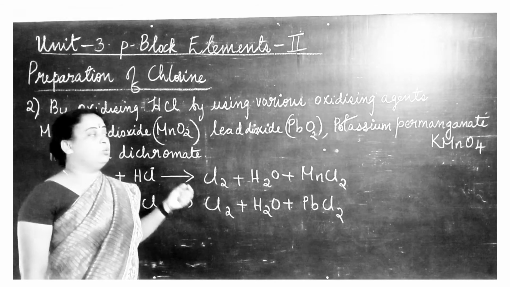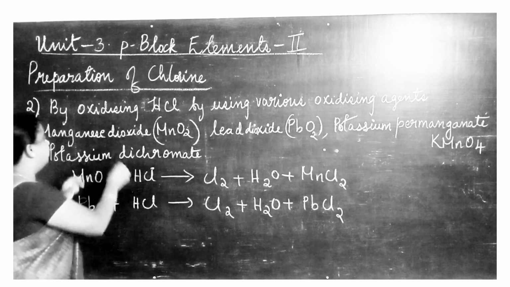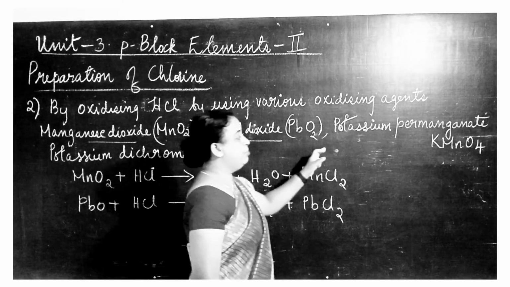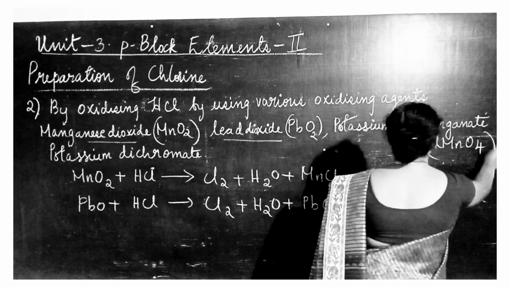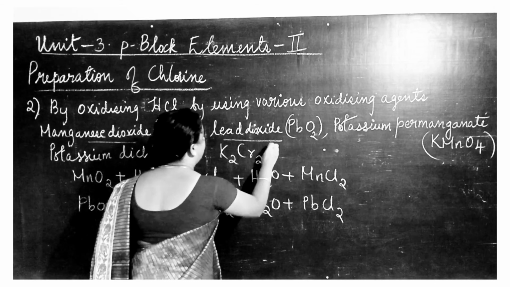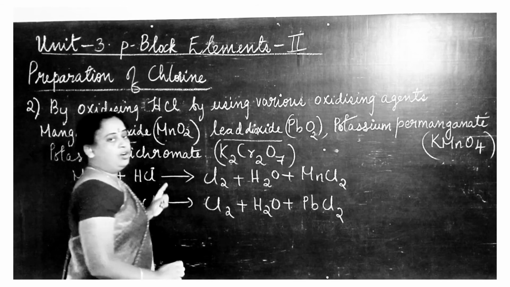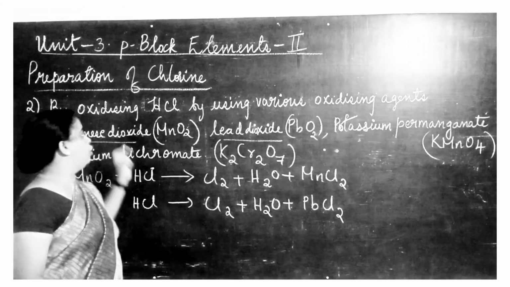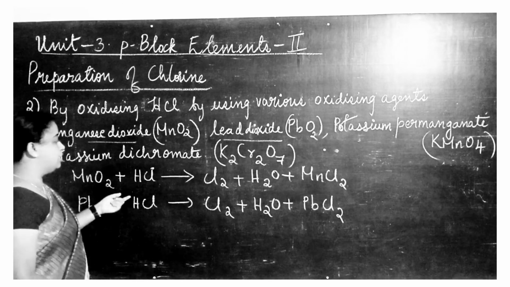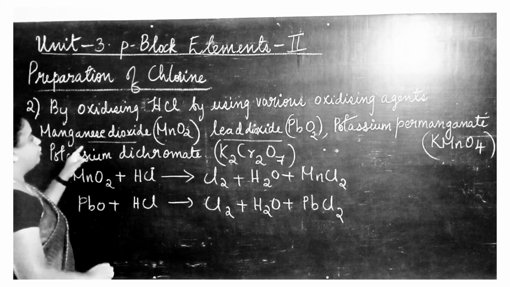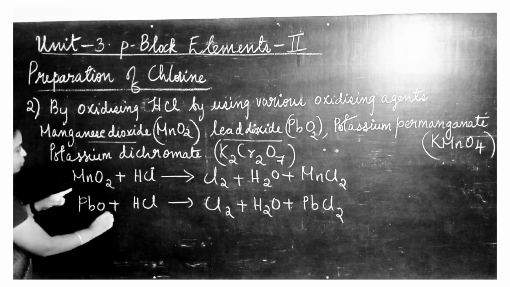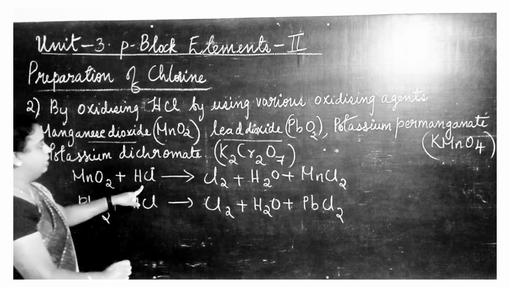We can prepare chlorine. So what are these different types of oxidizing agents? They are manganese dioxide MnO2, lead dioxide PbO2, potassium permanganate that is KMnO4, and potassium dichromate that is K2Cr2O7. So these are the different oxidizing agents which are used for oxidizing HCl, and likewise chlorine can be prepared. So first, let us see the reaction of HCl with manganese dioxide and lead oxide. So manganese dioxide MnO2 and HCl gives you